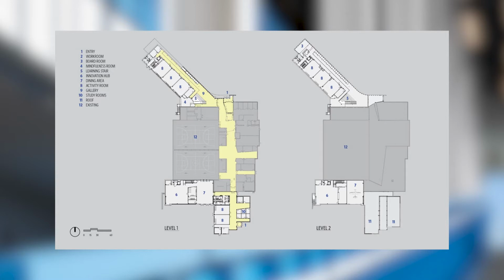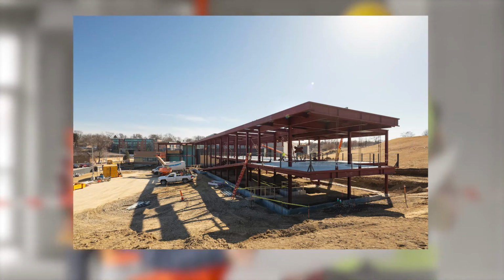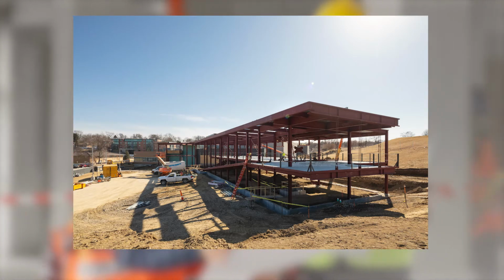It has smaller individual study rooms used for tutoring and focus work. On the west side of this addition is the Innovation Hub, which is a flexible lab space that can be used as part of NorthStar's STEM program and robotics program. The South Addition also provides a large open dining area, which is highlighted by a Piper Cub airplane hanging from the roof joists. Now we want to highlight the overall structural system before diving deeper into each unique piece of